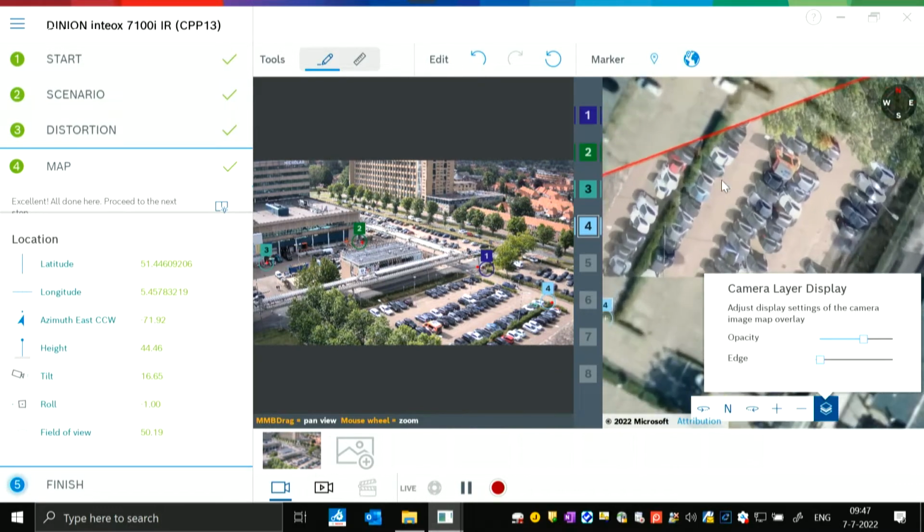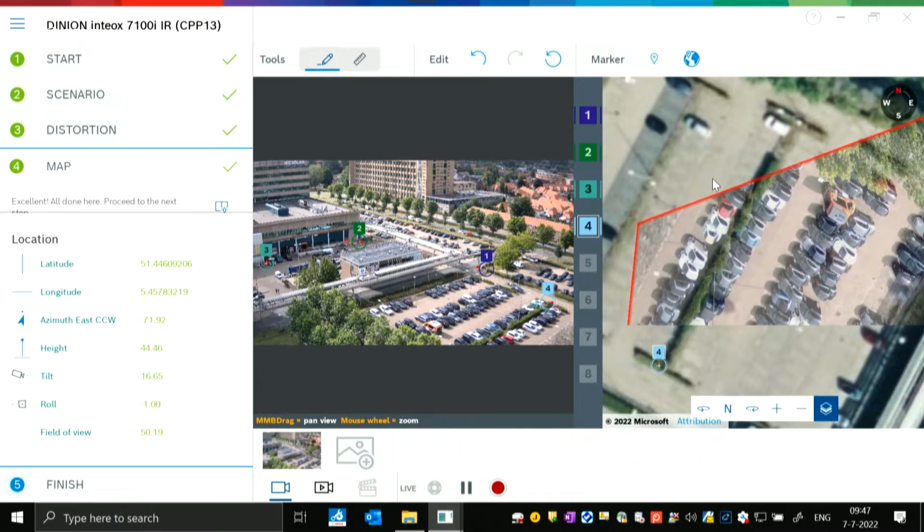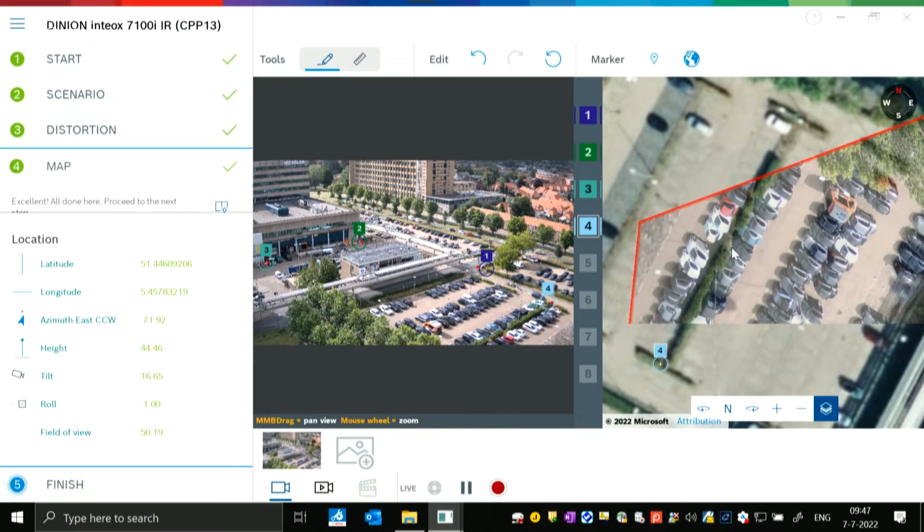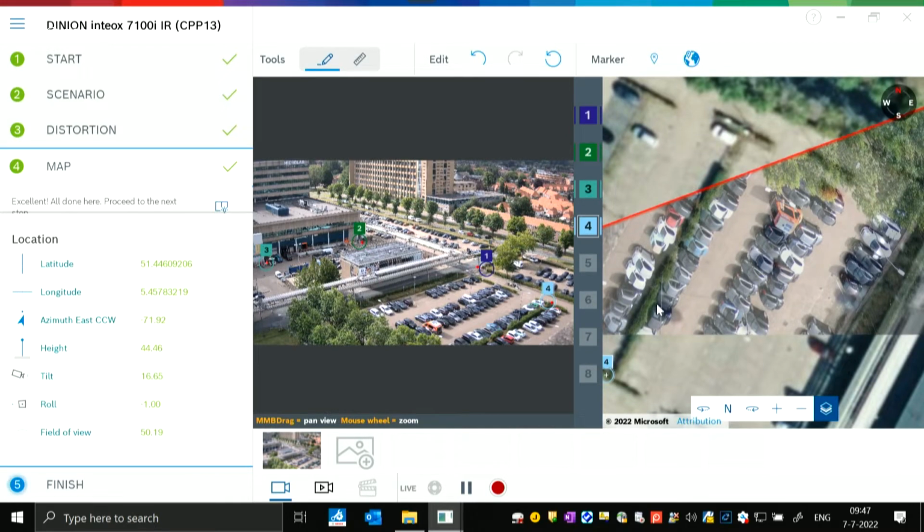So I can see here the live video moving through the GPS data. So here are the parked cars. There's no car moving, but even if there is, you see it on the street. The hedge here of the live video feed is also connecting into the hedge of the GPS data. And that's already a nice confirmation that the calibration is quite well done. I don't see any shifts of the live video feed versus what I see on the GPS map. And the nice thing is, already with these 4 points, and you can give more points to make it even more precise, but with 4 points it is already able to triangulate.